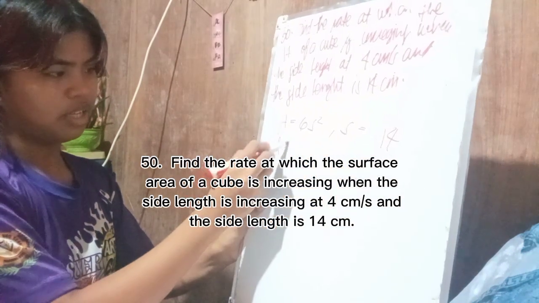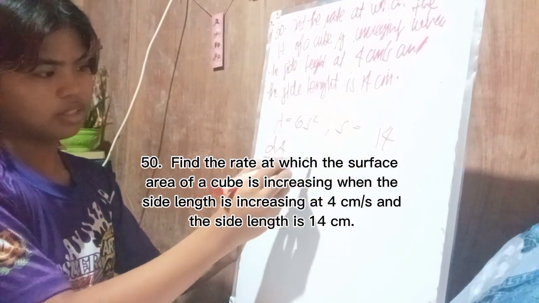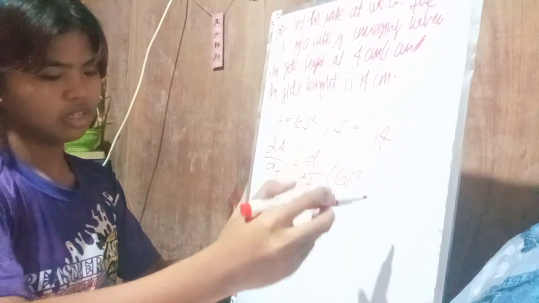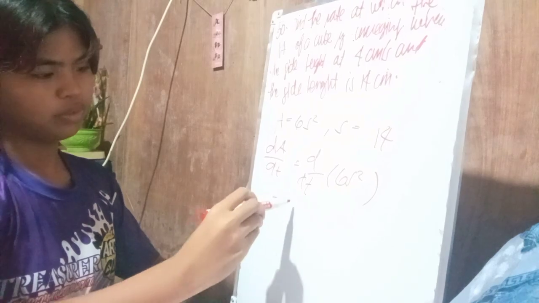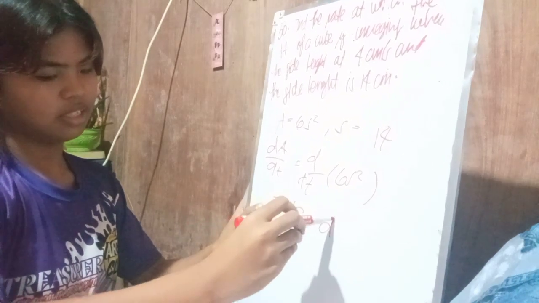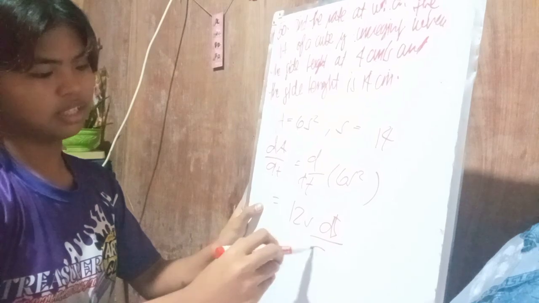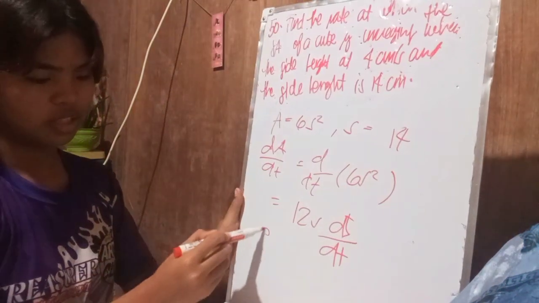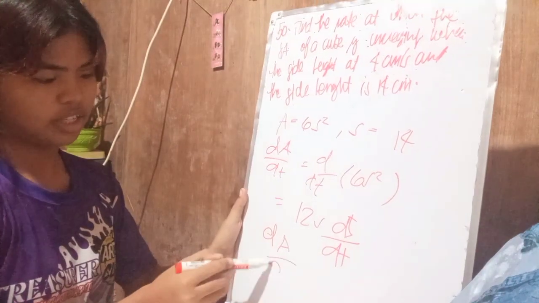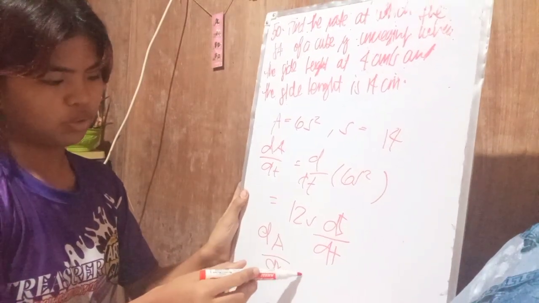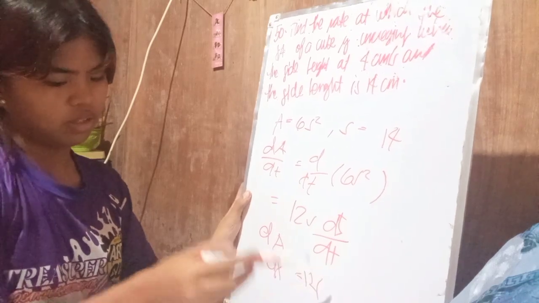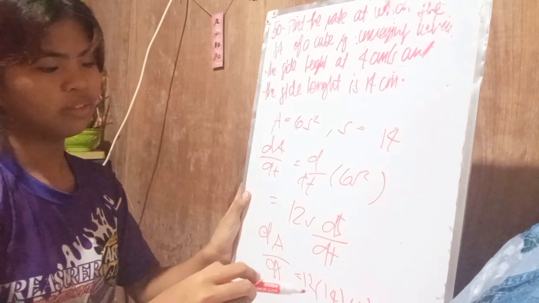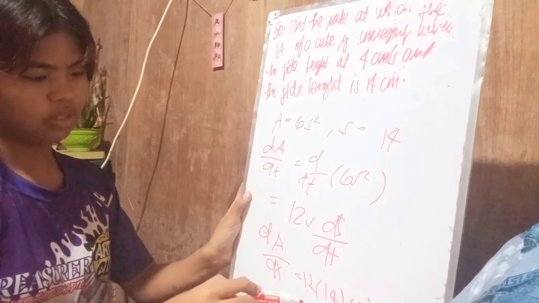So, dA over dt equals d over dt of 6s squared, which becomes 12s ds dt. Next, we substitute. So, equals 12 times 14 times 4. So, 12 times 14 times 4 is equal to 672